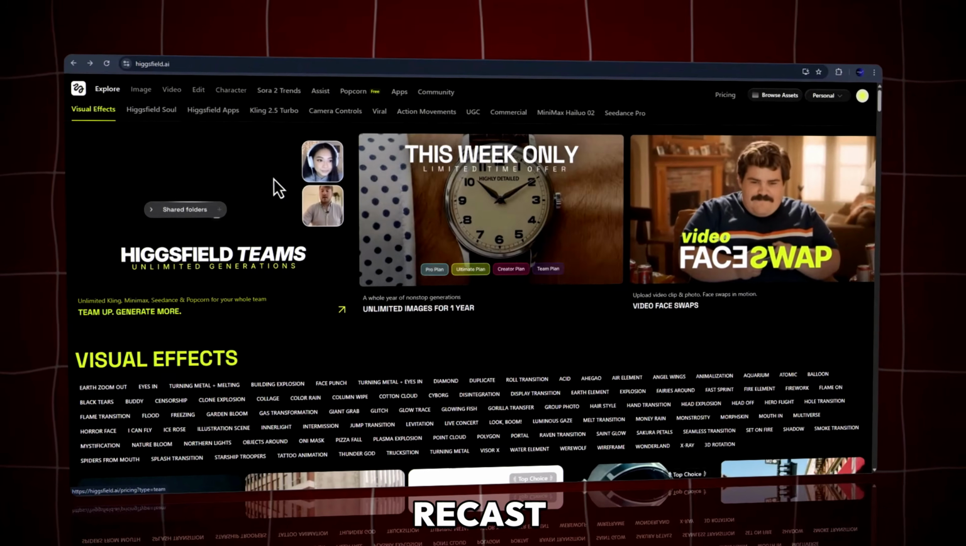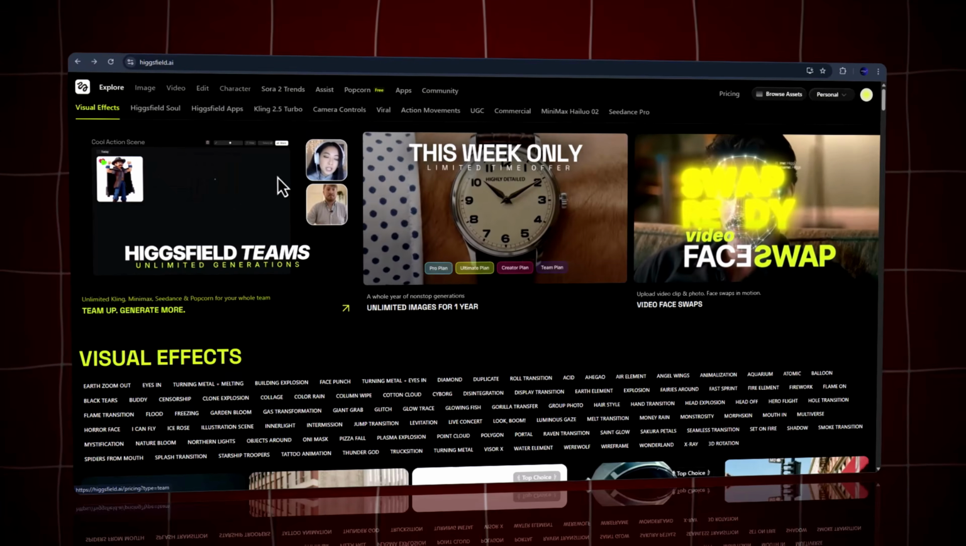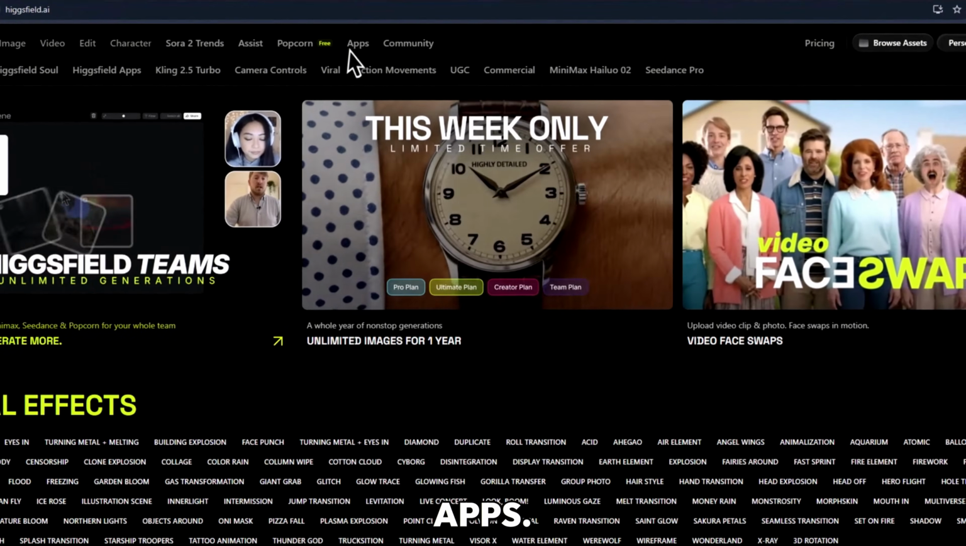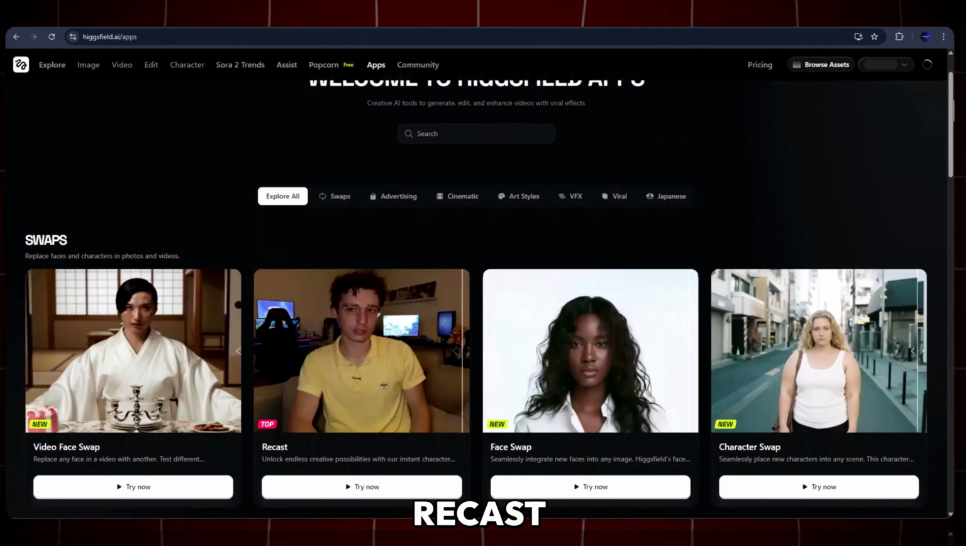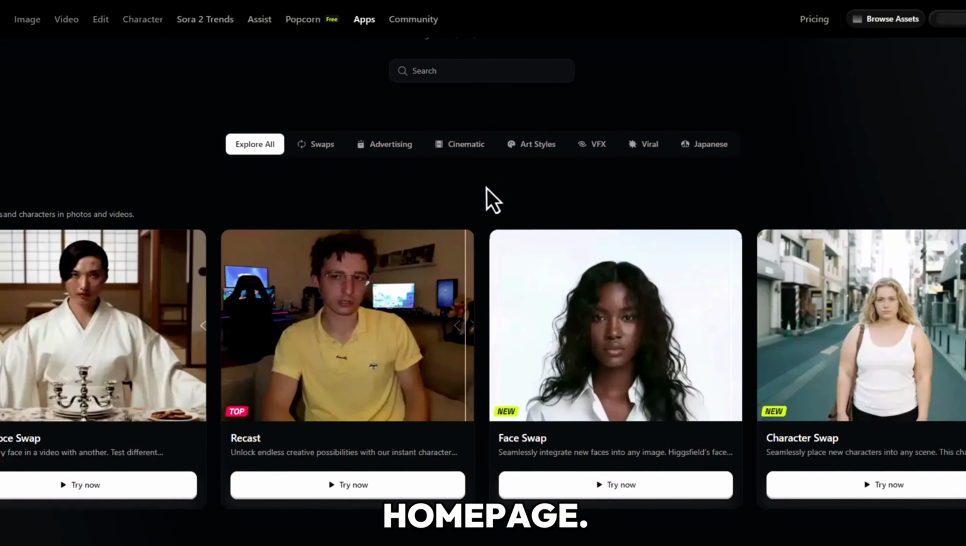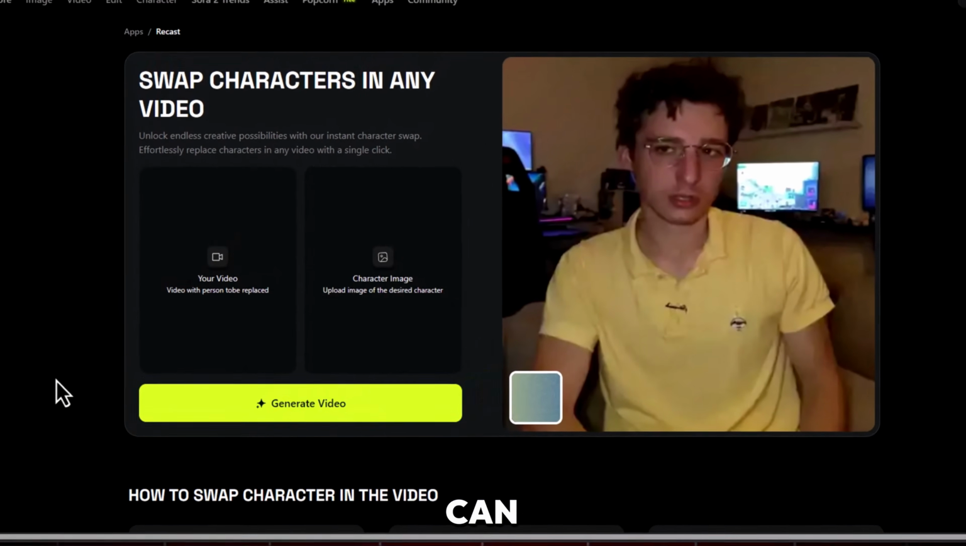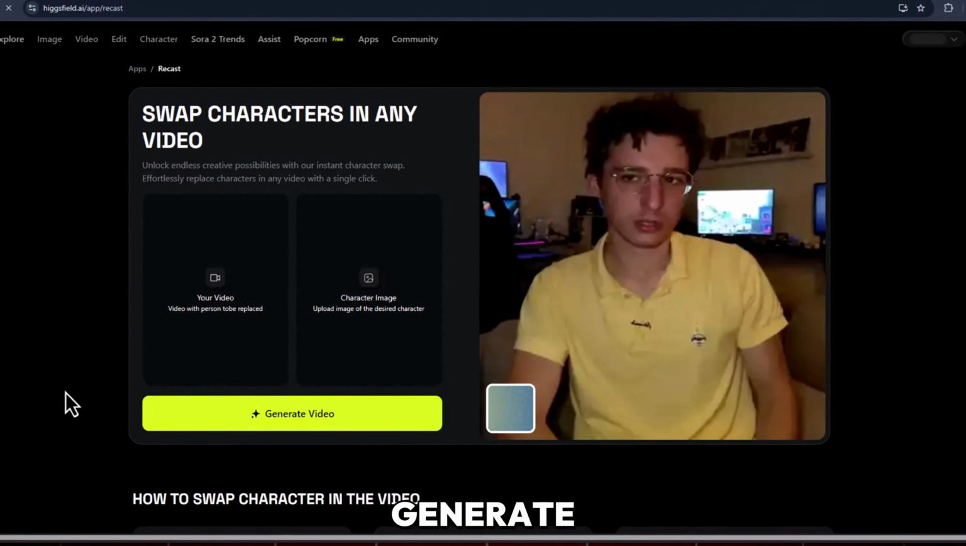Let's start with the Recast app, which lets you swap a character in a video instantly using AI. From your dashboard, click on Apps, then select Recast from the list. You can also find it in the featured section right on the homepage. Click on Try Now. This opens a simple dashboard where you can upload your video and image to generate your